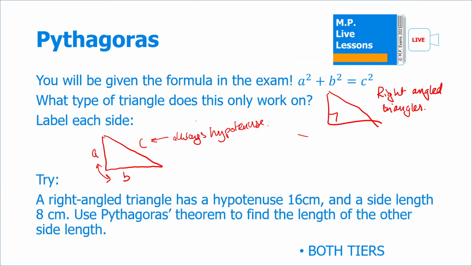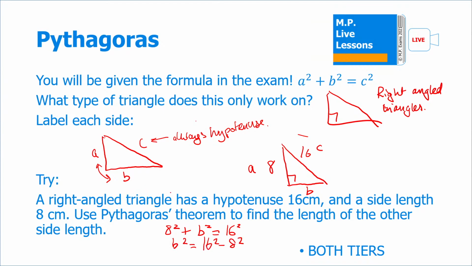For example, a right-angled triangle has a hypotenuse of 16. That's a little diagonal. And a side length of 8 centimeters. Use Pythagoras' theorem to find the length of the other side length. So if I label this A, I label the missing side B, and we get C as the hypotenuse, so we have A is 8, so 8 squared plus B squared equals 16 squared. So we want B on its own, so B squared equals 16 squared minus 8 squared, and B is just equal to the root of that,